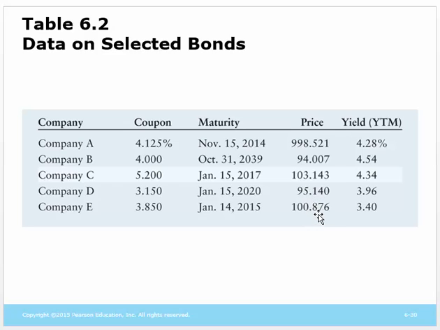We can see here from these bonds, we have some bonds that are selling at above 100%, right? So this bond at the bottom would be selling at $1,008.76. The bond above it would be selling for $951.40. But look at this bond up here, 998. Well, that bond is selling for $9,985.21. But this bond, company A bond, is probably not a $1,000 coupon bond. It's more likely a $10,000 coupon bond.